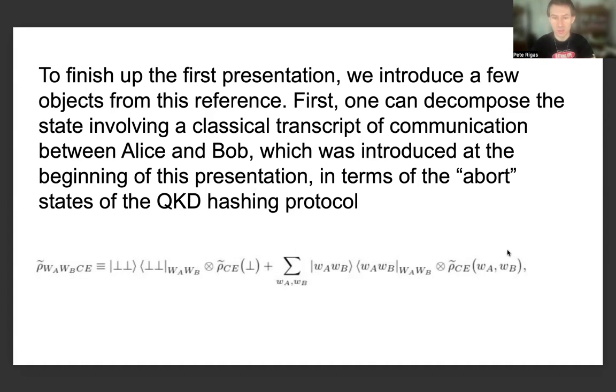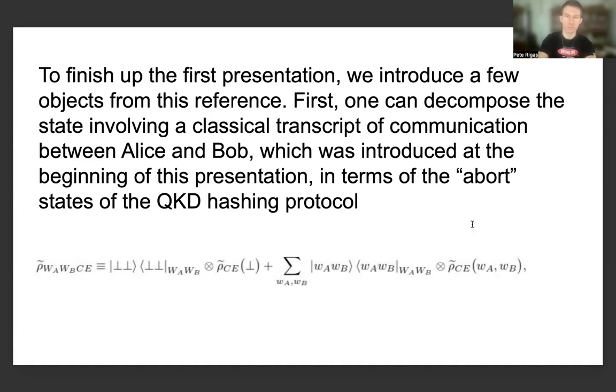also aborts, whereas the remaining term appearing in the decomposition is a summation over all instances of the quantum secret keys which are distributed between Alice and Bob, little w sub a and little w sub b, and we have a very similar expression, namely a tensor product with a reduced density with support of CE, namely the support of the classical transcript from Eve, which is a function of little w sub a and w sub b, and the term preceding this reduced density operator for Eve when she doesn't end up aborting the two universal QKD hashing protocol depends upon an outer product over the same space of secret keys W sub A and W sub B, with little w sub A and w sub B appearing in each one of the parts